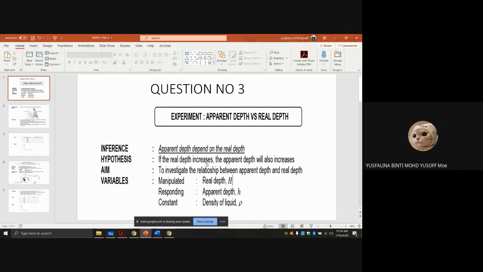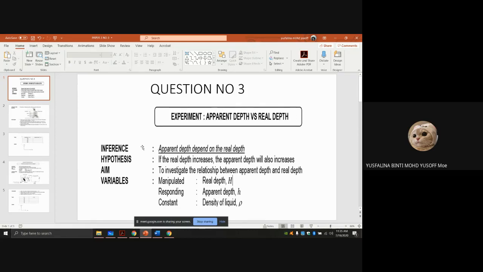Let me remind you, you already start from this, the variables: apparent depth and real depth. Do not change the variable until the last point in your experiment, because every time you change your variable, you will be penalized. So let's say you use the apparent depth, then until the end of the experiment, put apparent depth. Don't change to another variable. And I know some of you